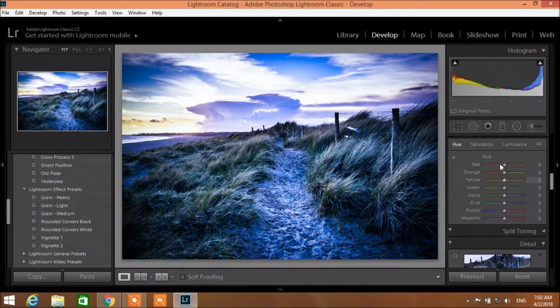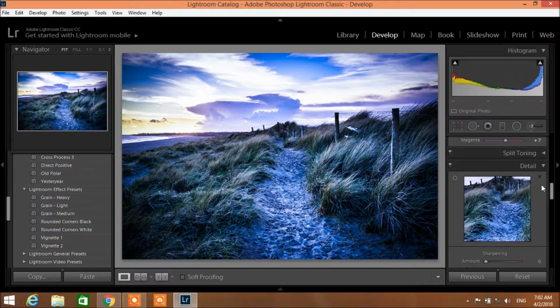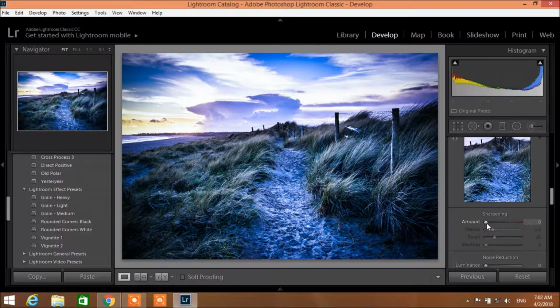Now these ones are for colors. Again, you can change, but you don't want to play around with color too much. So we're gonna leave it. Again, we're gonna leave it like this. This is the sharpen tool, radius, detail, make it look more